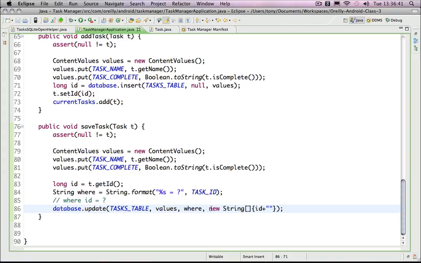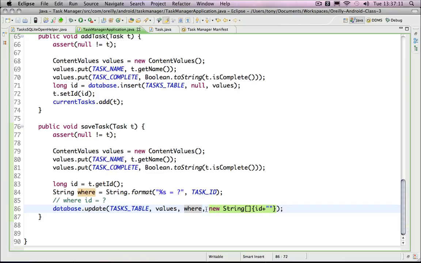So now, does everybody understand what I did here? So now this is using SQL's interpolation, or like replacement. So this task ID is going to be a question mark in here, and then these arguments will be passed to the database and composed into a SQL statement. The reason this is done, without going into it too much, is to protect against SQL